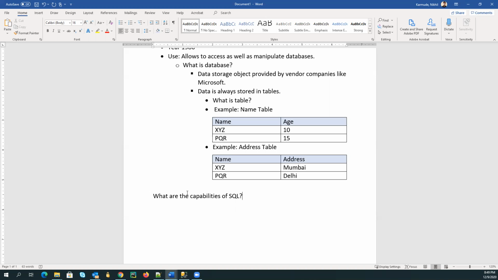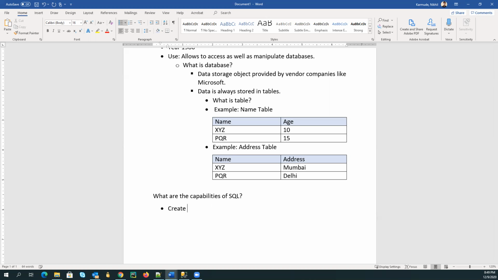So just to make it easier, you can do anything with respect to your tables as well as databases. That's what the assumption is for SQL. Now that anything can be, so you can